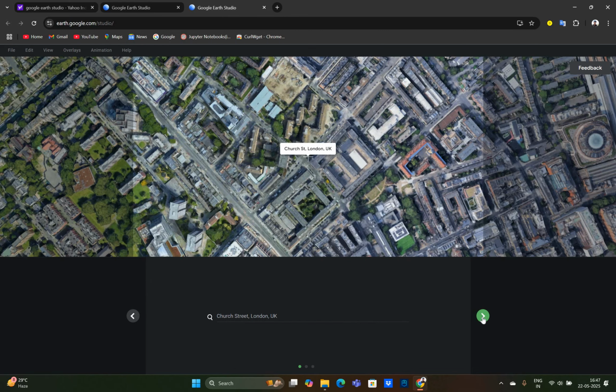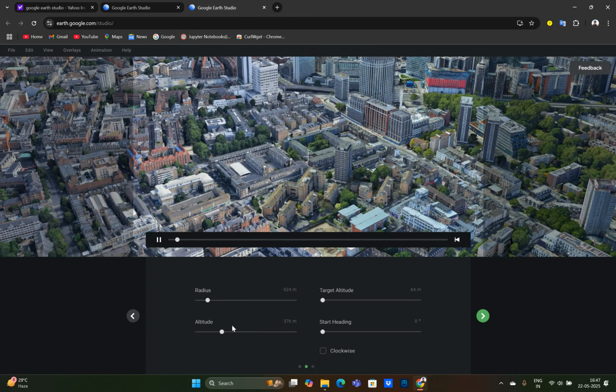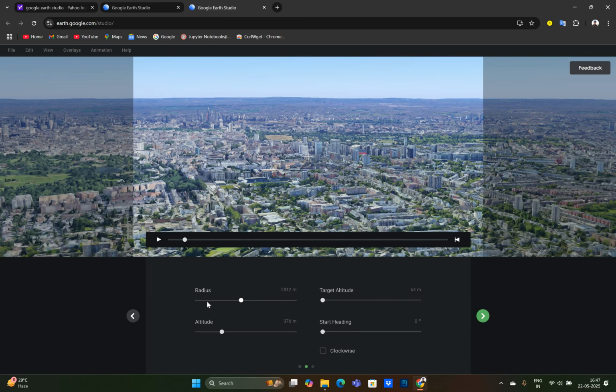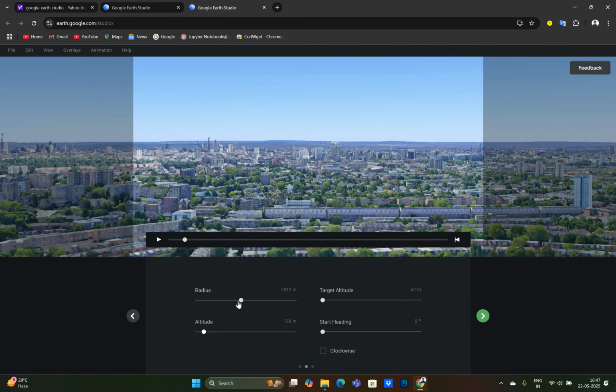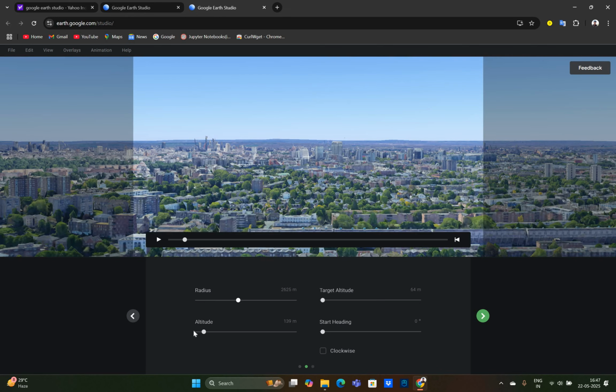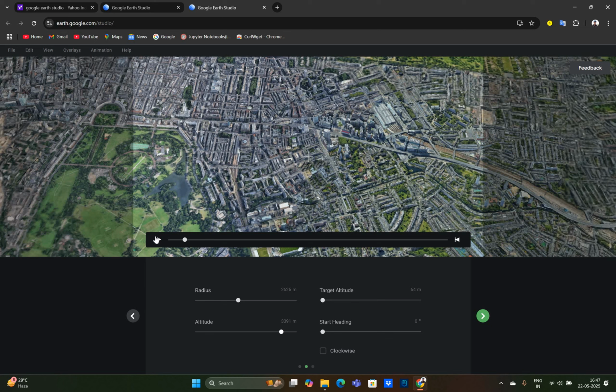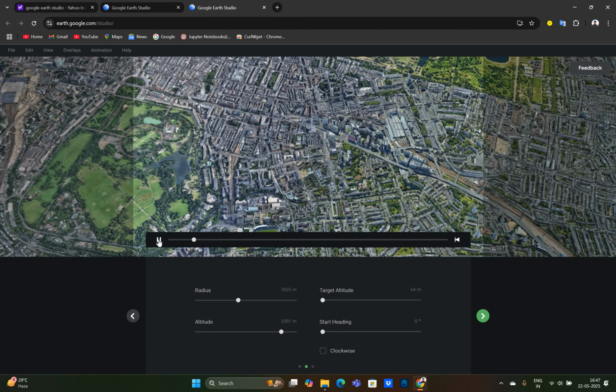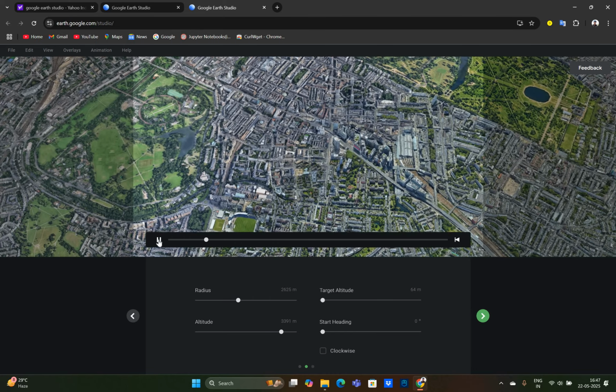So this is exactly similar. Same, I experimented with it. Target altitude, not that much changes. Of course, it provides a broader view while increasing the radius, but while increasing the altitude and decreasing it, it doesn't give you that acquiring things. Okay,